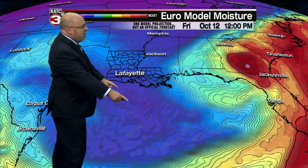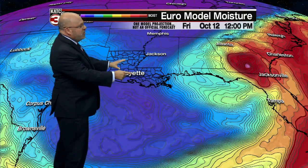And these are preliminary models. We got to wait for a low to develop, but it does look like best rain chances mainly extreme southeastern Louisiana over into portions of Mississippi, Alabama, Florida Panhandle, kind of like maybe where Gordon went, and then that system moves inland, and hopefully it misses out on South Carolina, North Carolina, but some heavy rains could work their way over there. Meanwhile, for us, look at this, all of this blue. We haven't seen this all summer long, so maybe drier, more pleasant air moving in toward the end of next